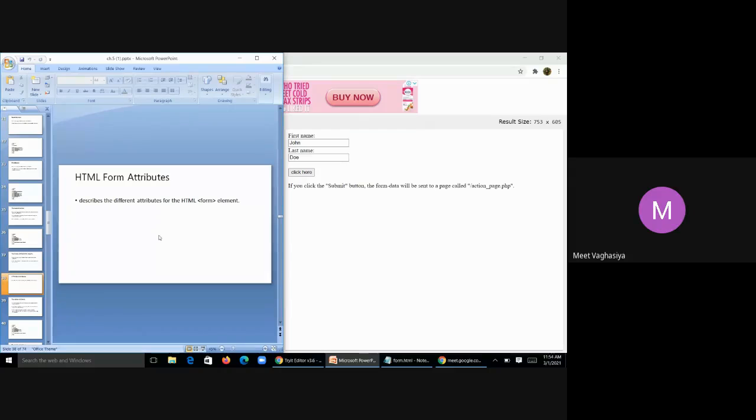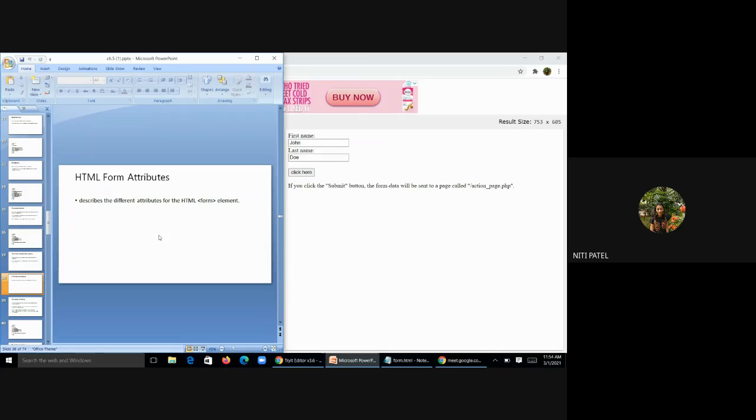Yes, ma'am. What have we done up to here? We created a form using a form tag. We added input type text, input type radio button, input type checkbox, and input type submit button. After I click on the submit button, an action happens. Where did I specify that action?